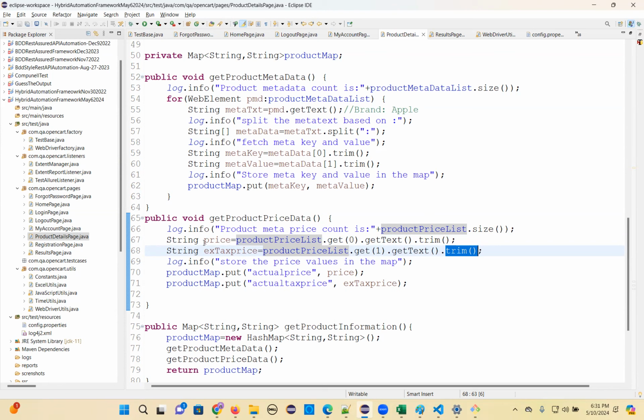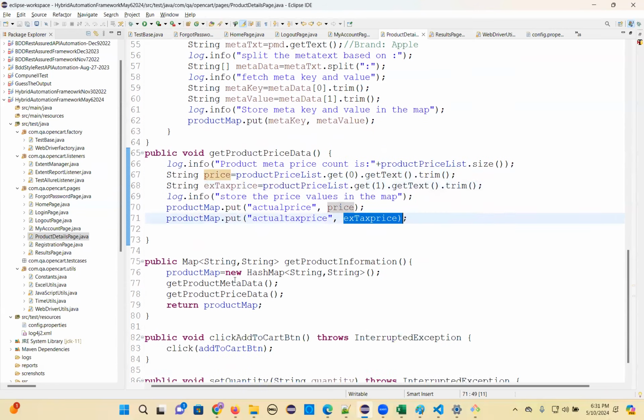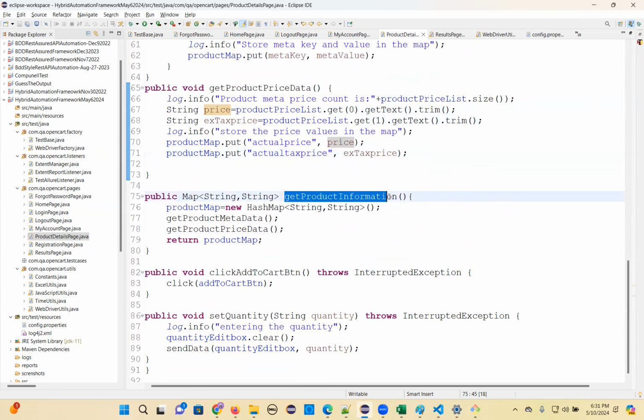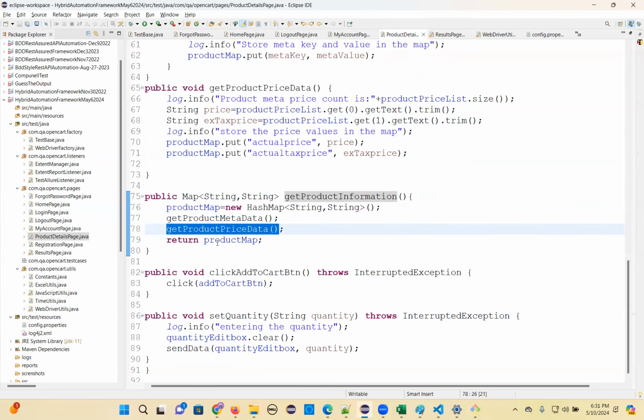And then add this price value and this one. So the actual price is this value, and the actual tax price is this one. Both I'm adding to a map. So then get product information means get product metadata, get price metadata. So return the